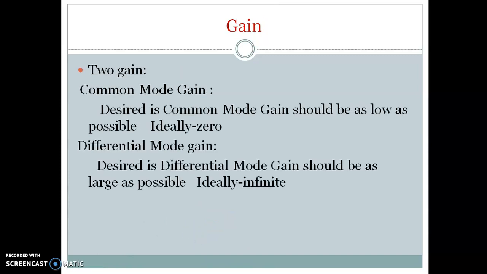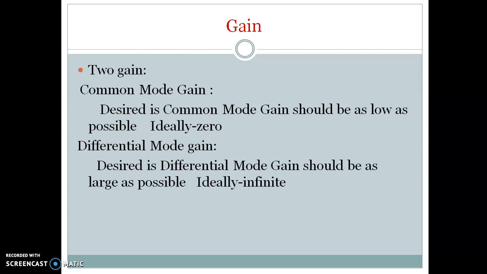So coming to the gain, for amplifiers we normally calculate the gain. Since it can have two sets of inputs, that is common mode input or differential mode input, we have two gains: differential mode gain and common mode gain. Common mode means it is the same signal at both the terminals. What could be the same thing? Both the terminals could be fed with the same power supply, because we are going to construct it using BJTs, your differential amplifier. So something which is common in between them.